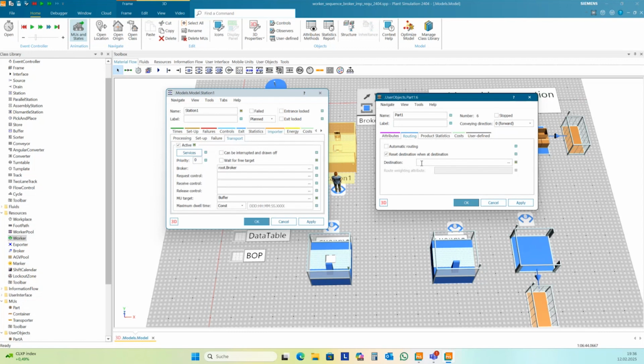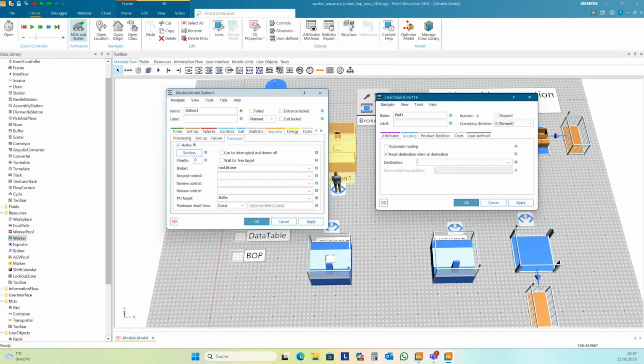And this destination attribute you can also use if you use automatic routing for the parts through conveyors, for instance. Then this destination will set the final destination for the transport. And if you have a HEV that is not free moving, then this destination will start the HEV if you set this. So this destination attribute has a lot of functions in plan simulation.